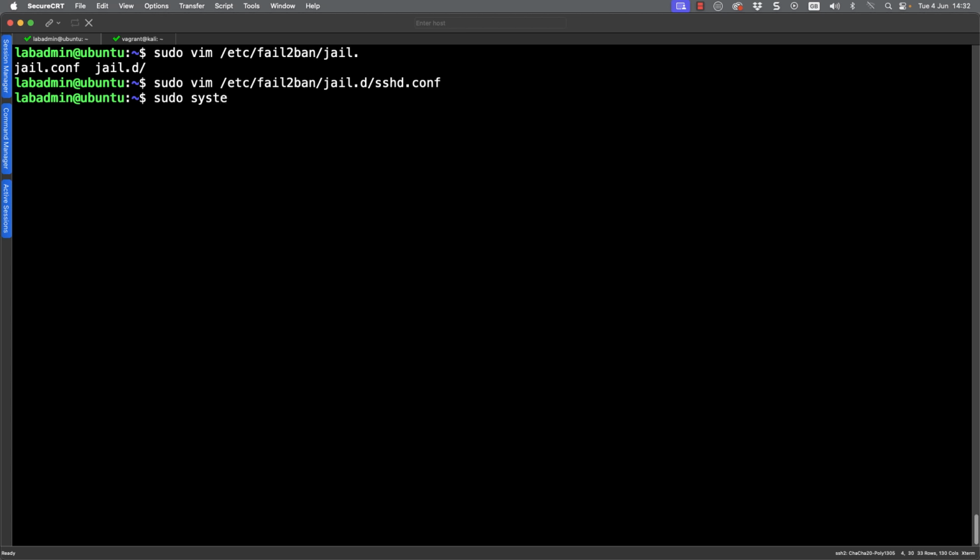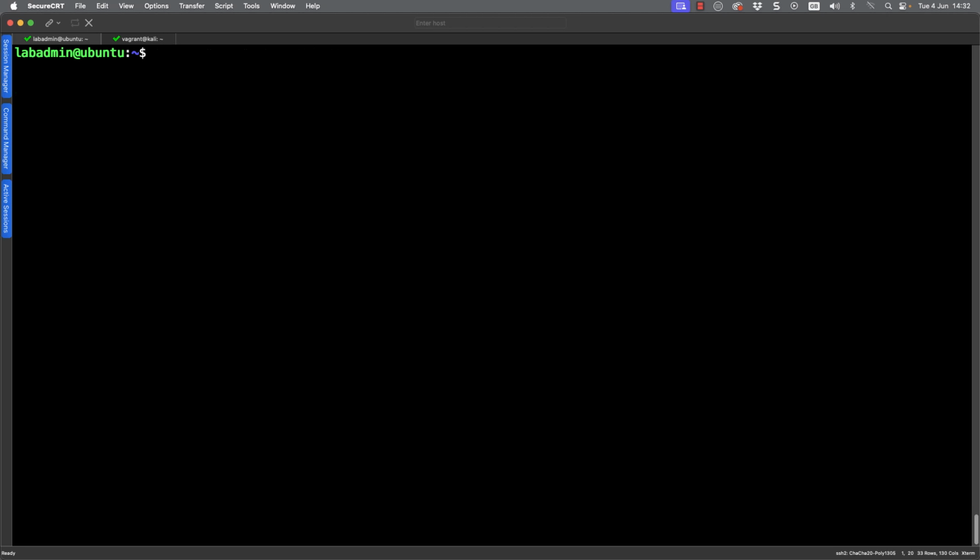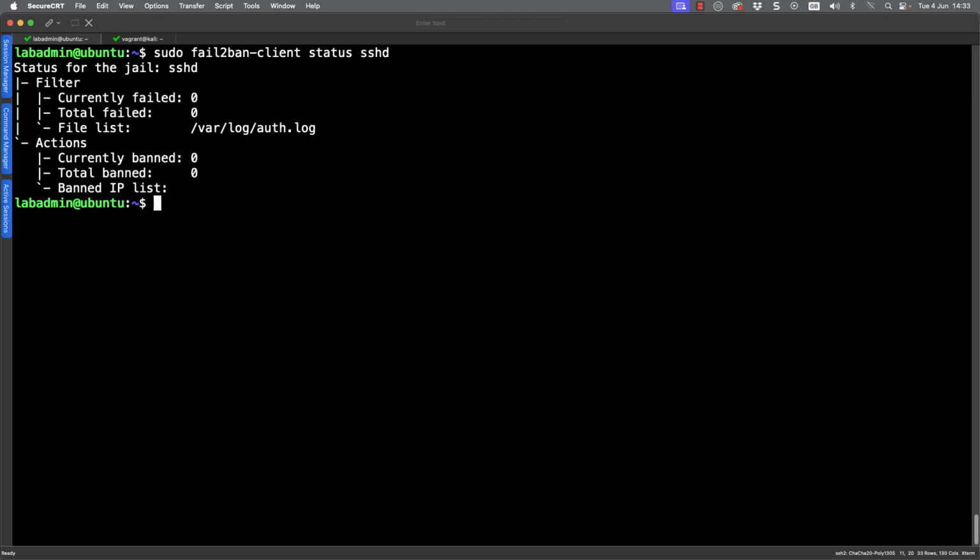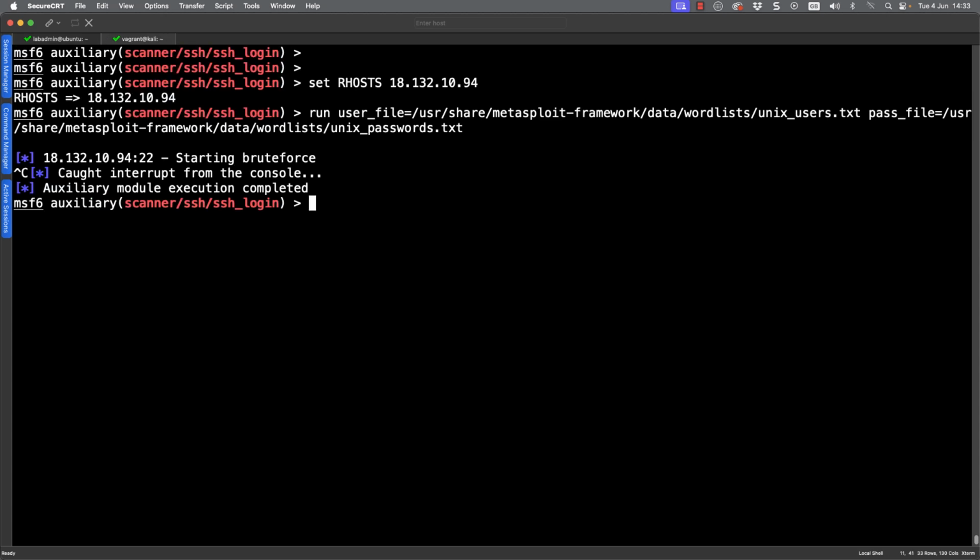And now I can make sure that I restart the fail2ban service. By restarting the service, we're going to ensure that the service reads the configuration that we have just written. We also have a client so we can actually see the activity that is happening. So if I go through and look at my fail2ban client and look for the status of the SSHD jail I've just created, well, we can see at the moment nobody is banned. So it doesn't retrospectively ban or block IP addresses.